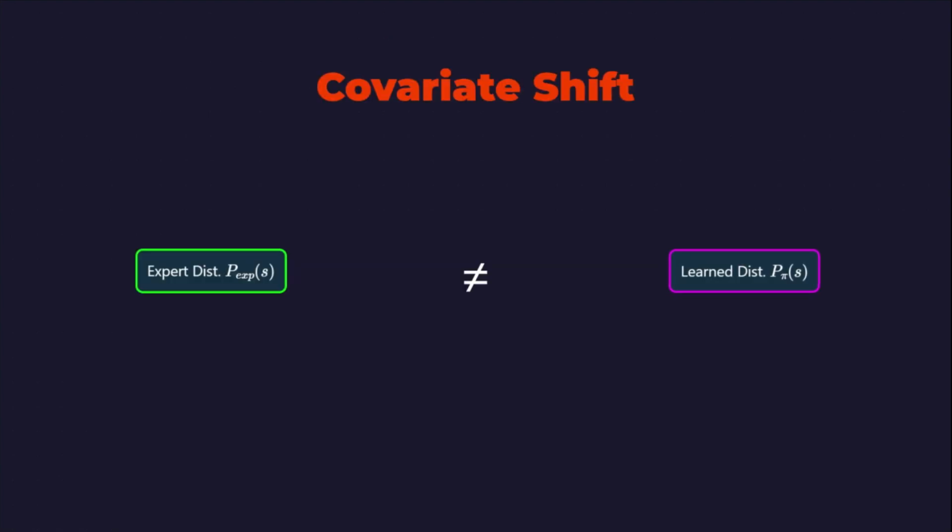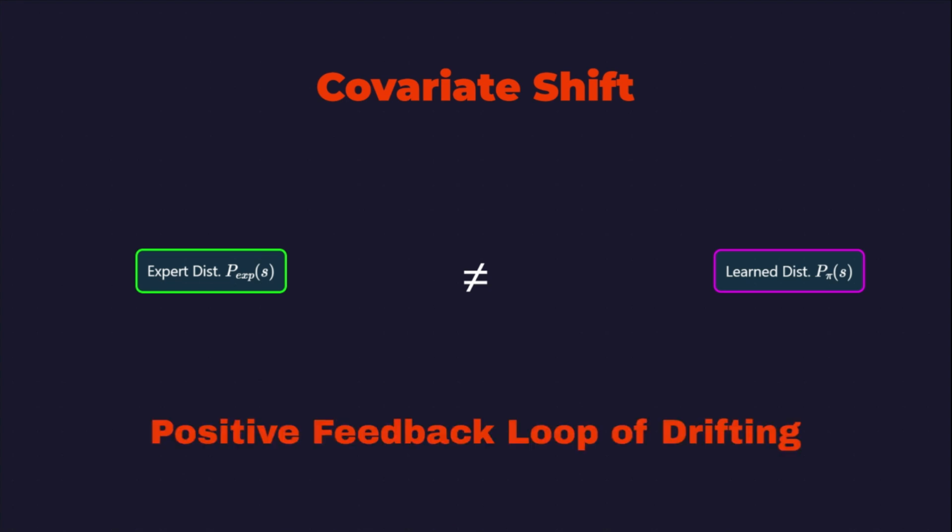The fundamental limitation of behavior cloning is covariate shift, also known as distributional shift. During training, the policy is conditioned on states sampled exclusively from the expert's state distribution. However, during deployment, the imperfect learned policy generates its own trajectory, leading to a new state distribution. Because the learned policy is imperfect, this new state distribution quickly diverges from the expert's distribution. The model encounters states where the training data provides no guidance, causing the policy to drift further away. This positive feedback loop of error accumulation makes long-horizon tasks extremely challenging for pure behavior cloning implementations.